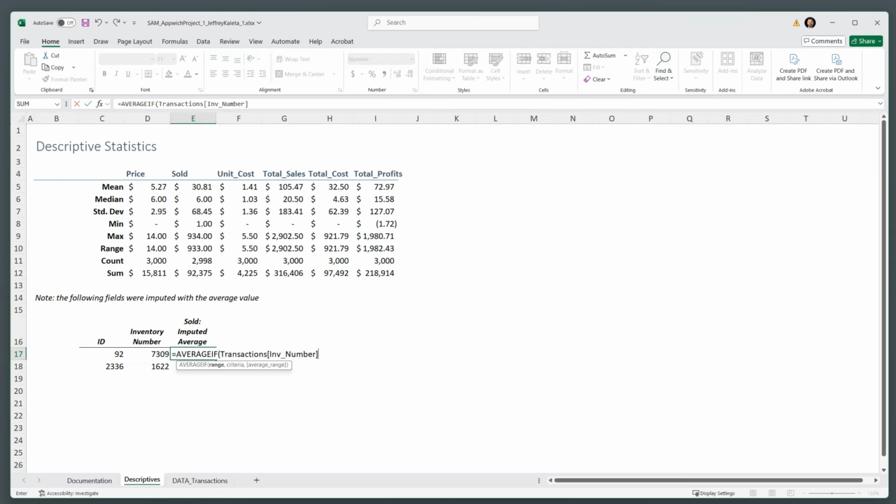So remember, when we use AVERAGEIF, we want to first look in the range of cells that match our criteria. And in this case, I want to look for all items that are inventory 7309. So that's going to be in the inventory number column. I'm going to hit comma. Now I want to select what my criteria is going to be, and that criteria is going to exist right here. So now I want to figure out, what do I want to average? What I want to average is in the transactions column, but this time I want it to be sold. So I will close that off and I get a value of